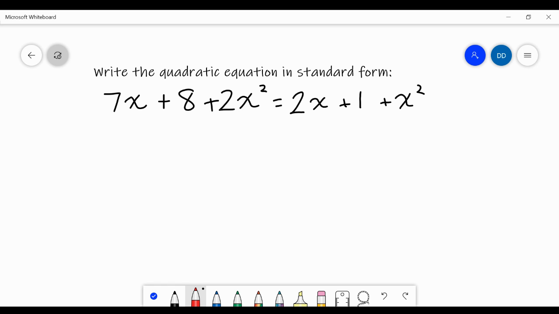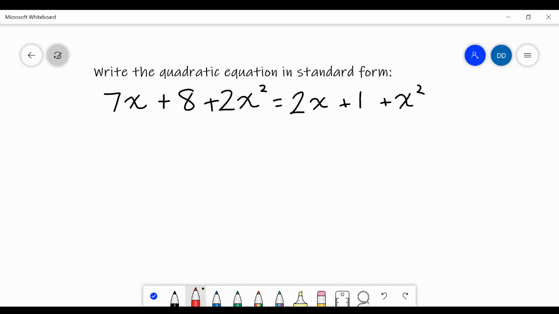Hi everyone, so today's lesson is how to rewrite quadratic equations in standard form, level 2. So they are going to look a little more complicated, but it's really the same process. We want to get everything on the parentheses to the left side, and we want 0 to be on the right side. So we're going to have to use inverse operations to move some stuff around to get that 0